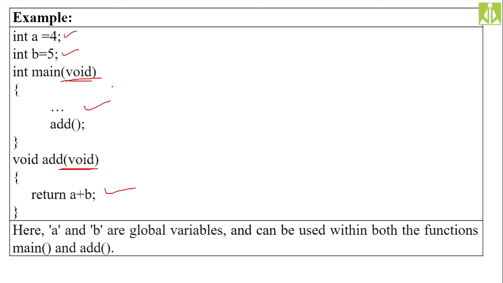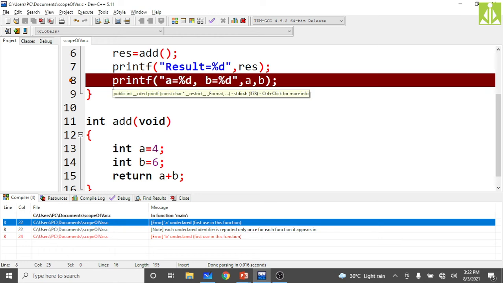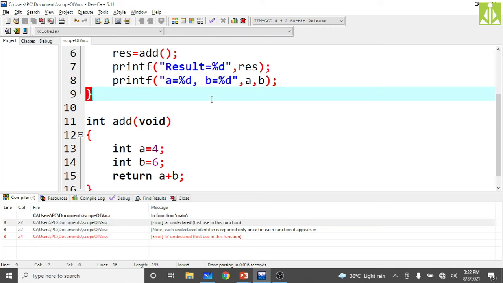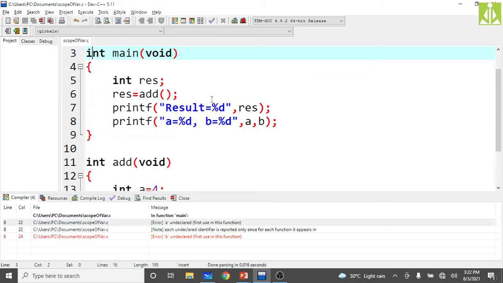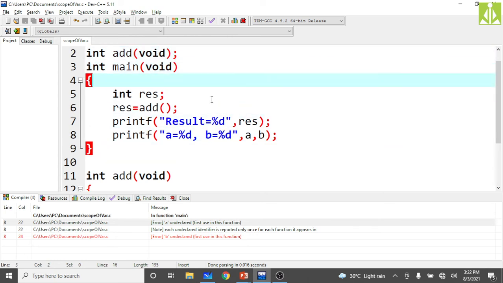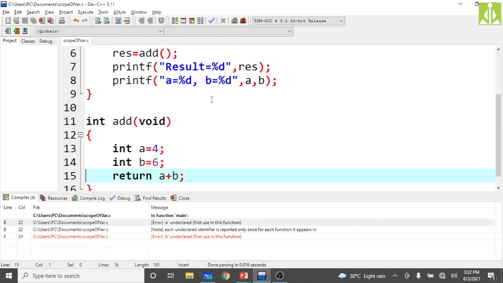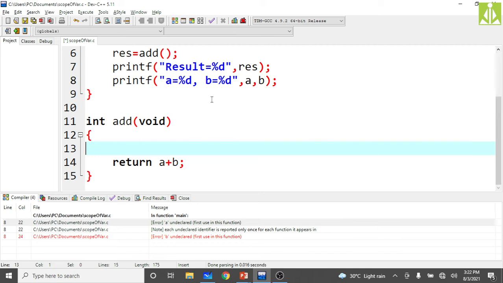Instead of writing the complete program once again, I will simply make use of the program I have written previously, because here also we have main and here also we have add. Here I had declared a comma b locally. Now I am removing these local declarations, because we are going for global declarations.